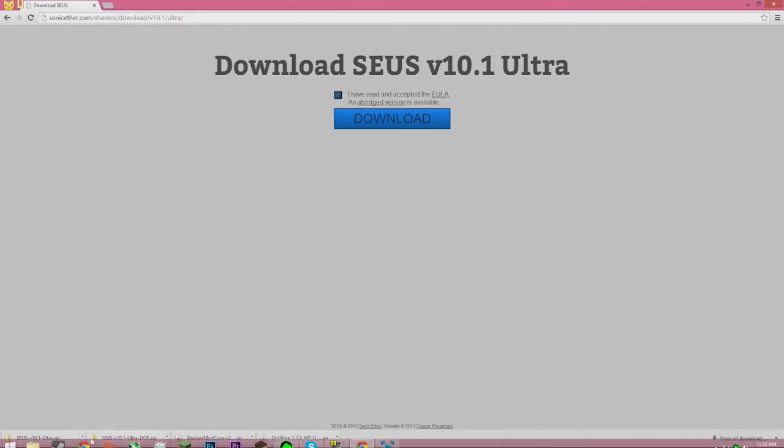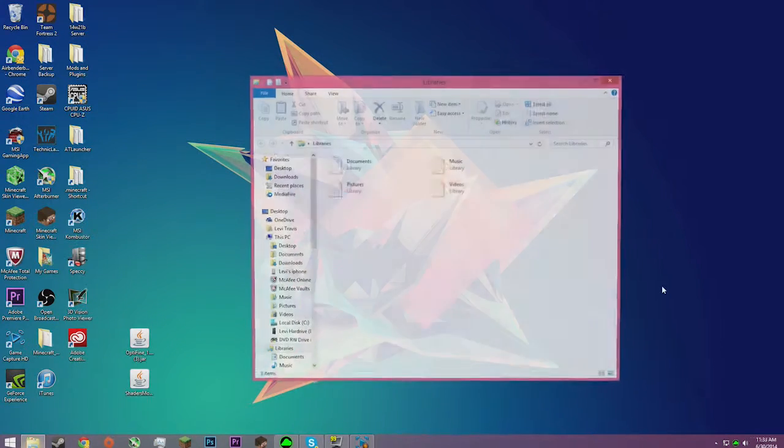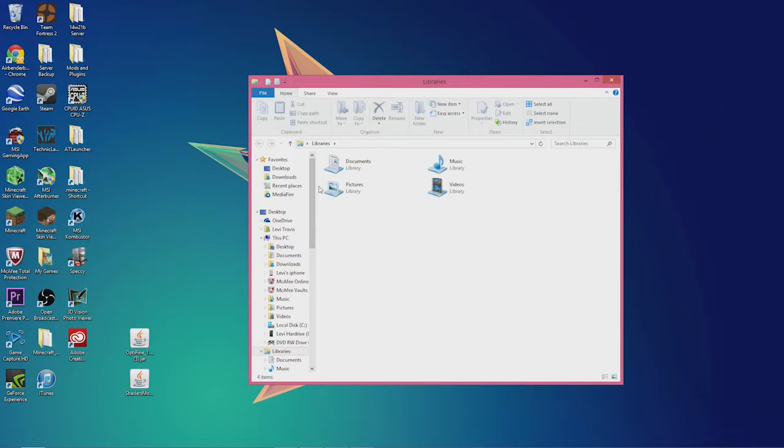Alright, so I have Ultra and Ultra DOF. So you can exit out of your Google Chrome browser. Open up your File Explorer. This stuff works for Windows 7 and Windows 8. I don't use Windows XP or Vista. Nobody really uses that anymore. So if you're playing Minecraft, then you probably don't use that. But so you go to your downloads,